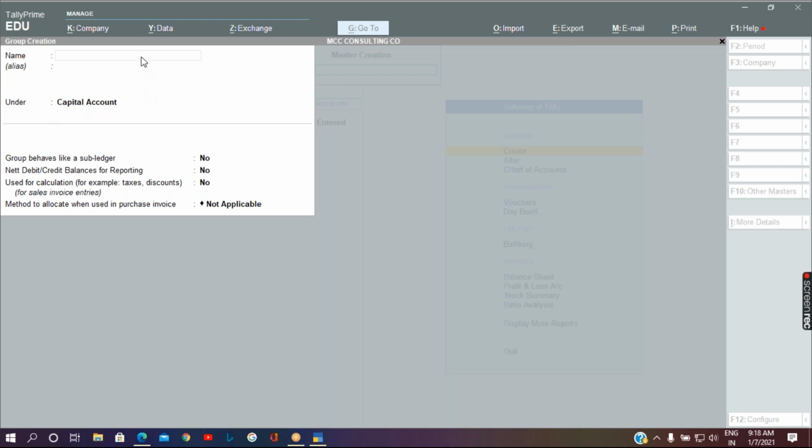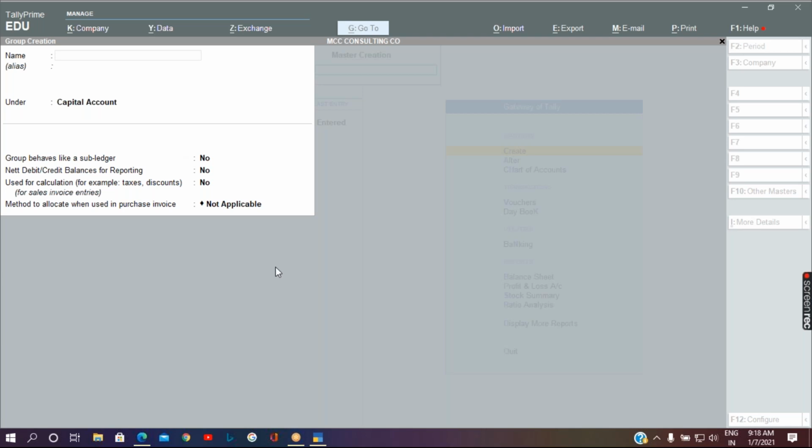Now if you want to create any group, first you should find out whether all these accounting heads are already available in Tally or not. Because it is already taken as under capital account, that means some accounting heads are already created.